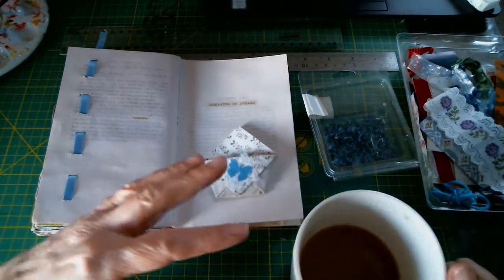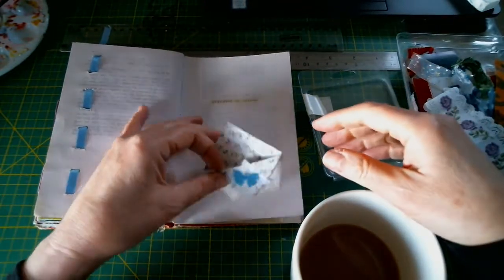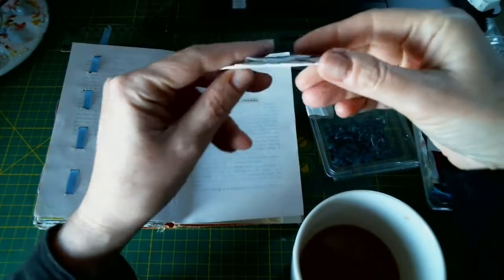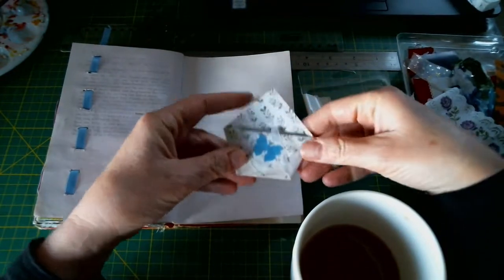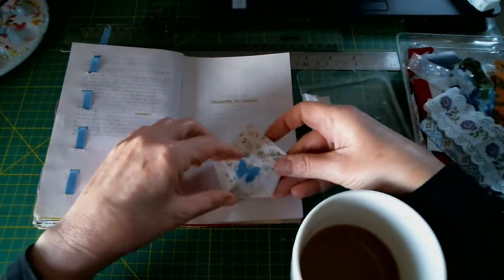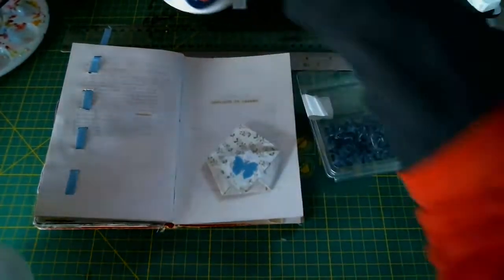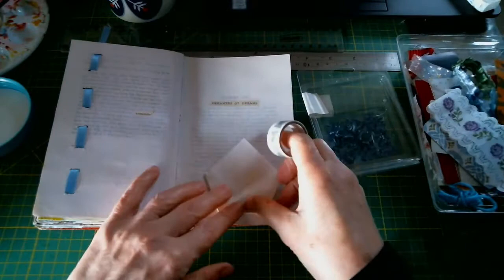I must just tell you that I was fiddling around getting my stuff out, and I don't quite know how, but I dropped this in my tea, so it's all tea stained. So I quickly got my dryer out, my heat gun, and I've dried it. But I think what I'll do is quickly reinforce it with a bit of washi tape on the back. So look,